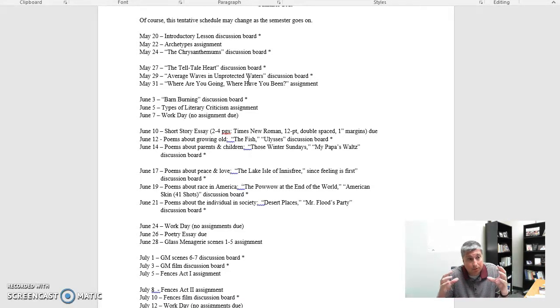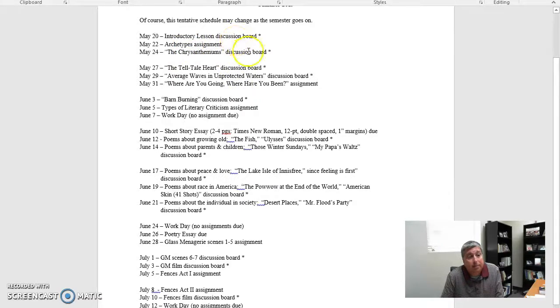So you are having to basically do twice as much work as you would normally do. Plus, of course, when it seems like you're getting overwhelmed with work, just keep in mind you don't have to come to class. Normally, you would be coming to class, a few hours, 2 or 3 times a week. But now you don't have to come to class, but you do have to do this work on your own. And again, there's a significant amount of it. Most of the work takes the form of either discussion boards or assignments.